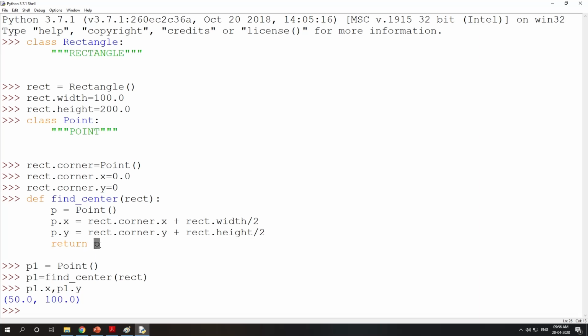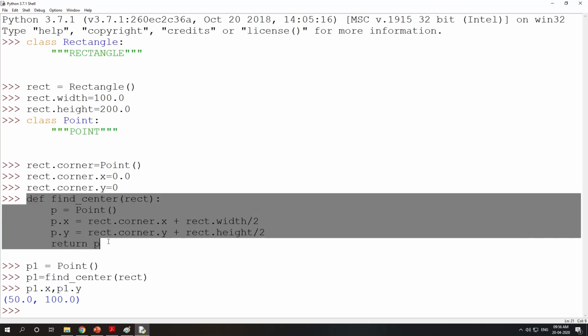When you are returning an object, you can also return p.x and p.y. At that time you just need to use print.